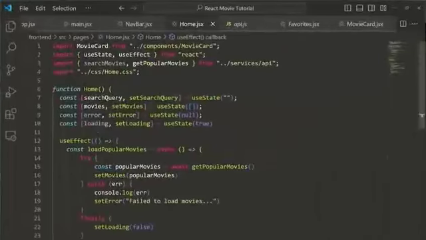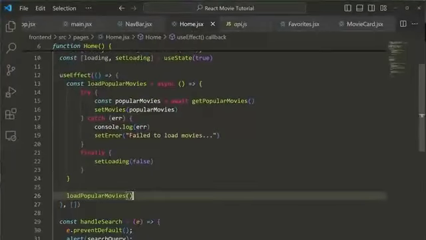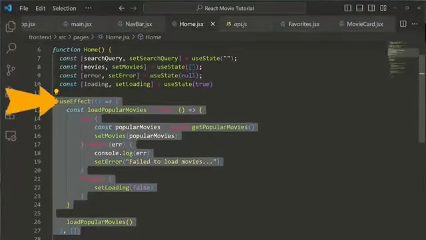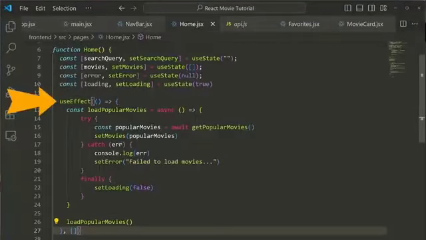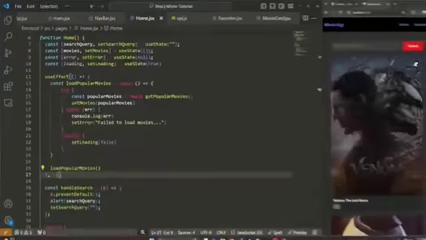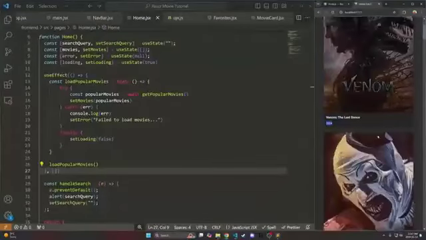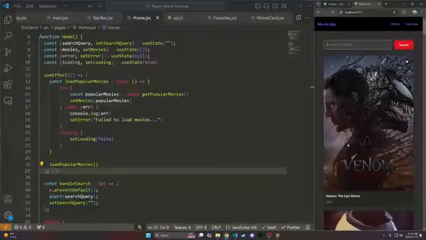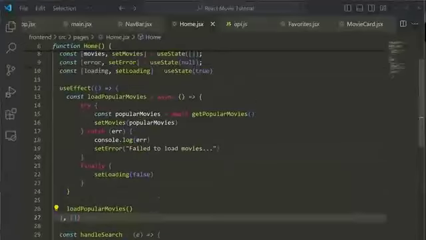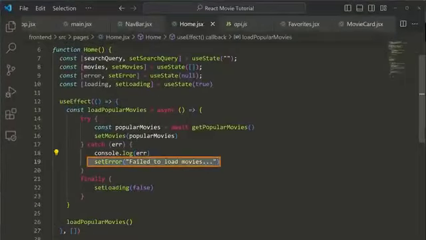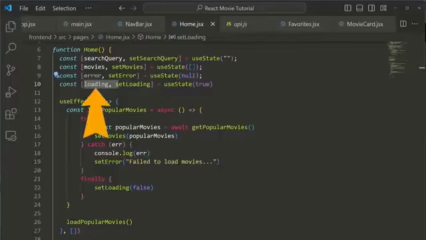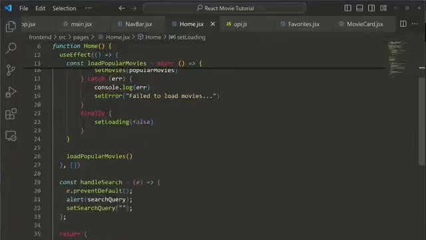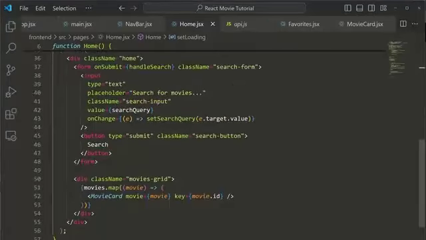So let's go back to home and notice now that we're loading our movies using the useEffect. This useEffect only runs when this component is re-rendered. So if I change something like I like one of these images, or even if I start searching for something, we don't call this again. So now what I want to do is display the error state if we do have any error, and display the loading state as well so that we can see if this is currently loading. So we can go here to our movies grid